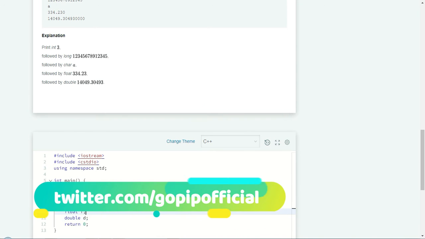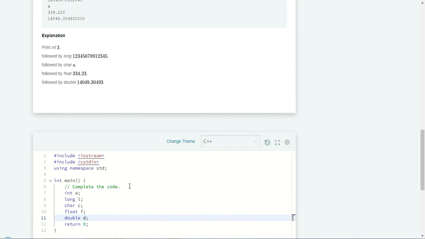The difference between float and double is precision. Double and float vary based on the precision of the value which we can hold in the variable. Now we need to get the variable values from the user: a, l, c, f, d. Then we need to print all the variables on separate lines.